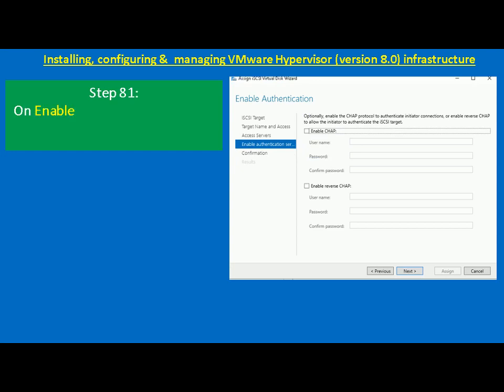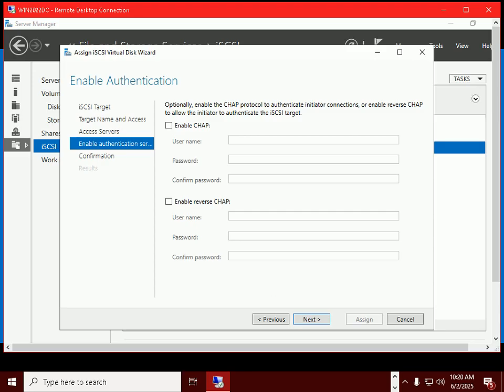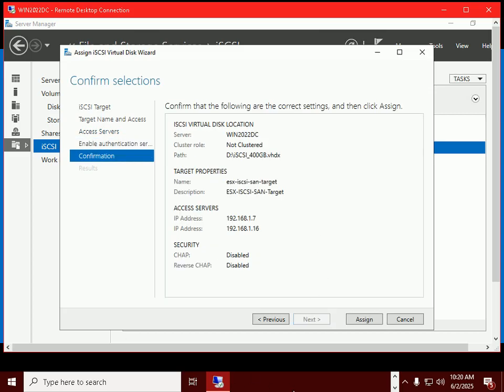So next step is you can enable authentication as CHAP for the advanced security level, but as of now I'm not enabling it, so I will leave it as it is and I will say next. So I'm not enabling anything, I will say next. Okay,